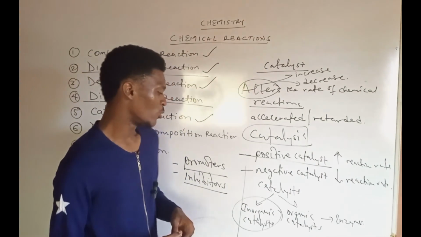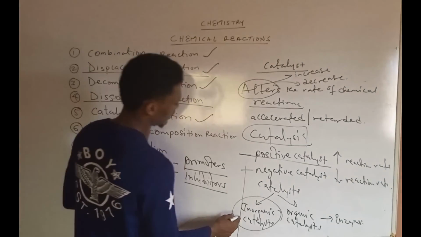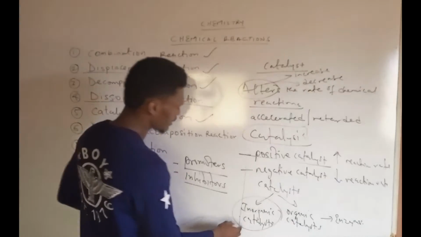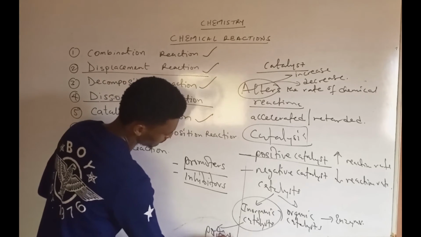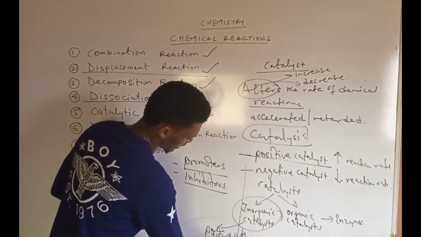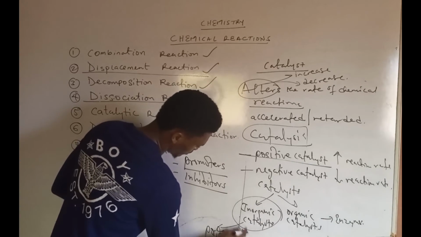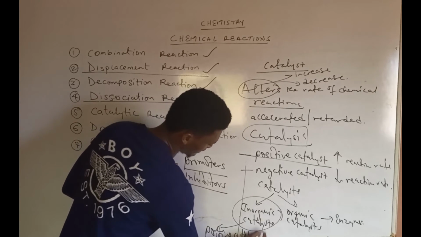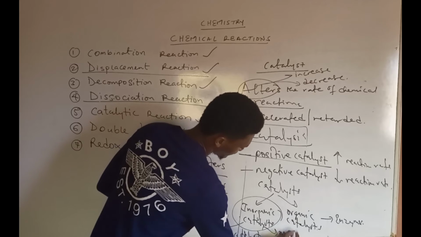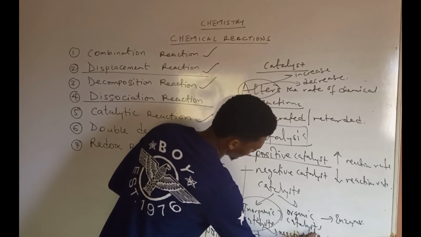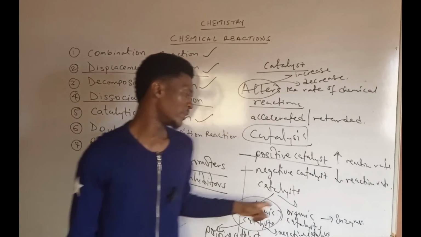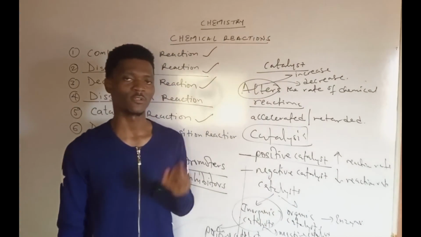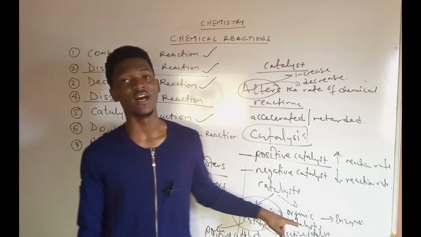And mind you, we have two divisions of these inorganic catalysts. Initially, I've told you that there are catalysts that are called positive catalysts. And we have positive catalysts and we have negative catalysts. Okay? Positive catalysts and negative catalysts. So it therefore implies that it is only the inorganic catalysts that can further be broken down into positive and